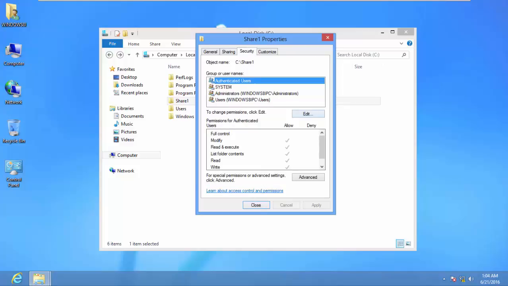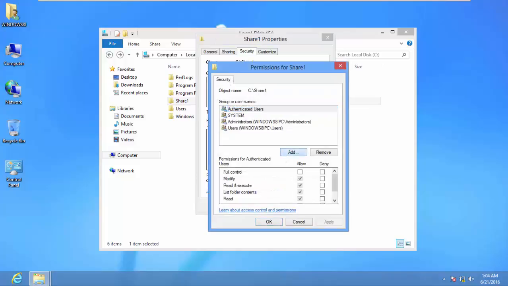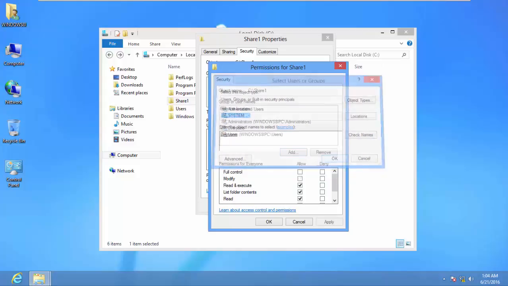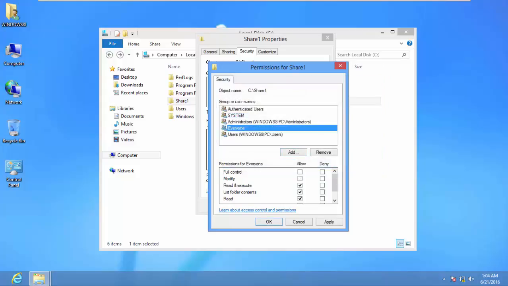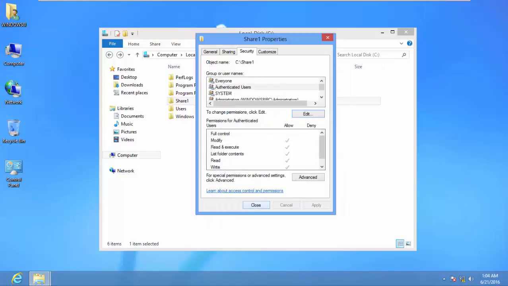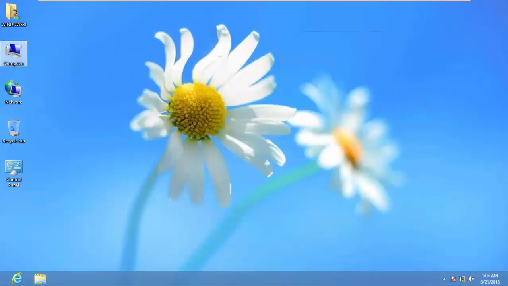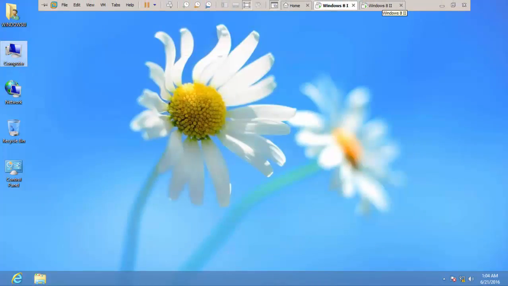So we are going to click on edit and click on add, and then add everyone group by just typing EVER and clicking on check names, and it tells me it has found everyone group. I'll go OK here, and then make sure everyone group is also having the permission to modify, so that at least they can alter the contents of this shared folder. I'll click on apply here and go OK, and then click on close here, and now it's about time we go and check or access this shared folder from our remote machine. So I'm going to move to my remote machine,